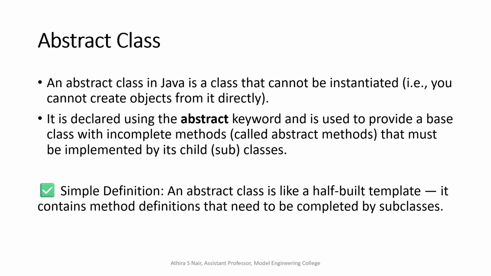It is mainly used in inheritance, and we can implement it by using subclasses or child classes. A simple definition: an abstract class is like a half-built template that contains method definitions that need to be completed by subclasses. Suppose every animal